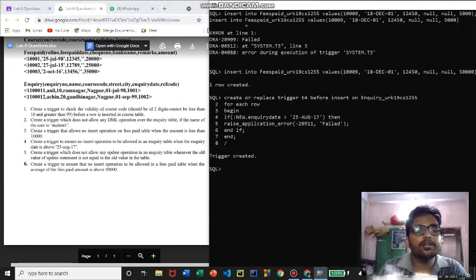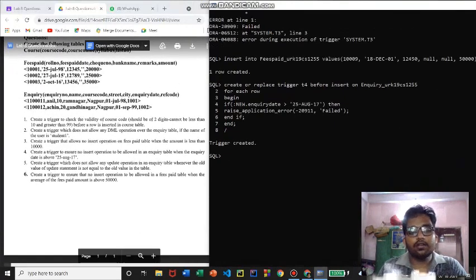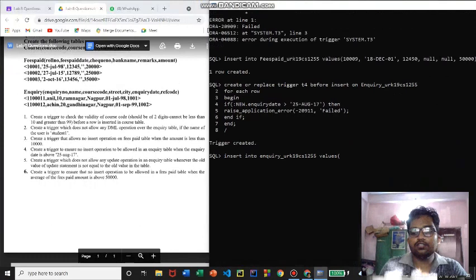Now we'll check the trigger. We'll insert a tuple into this inquiry table with a date greater than 25th. Let's give 26th August and check the trigger. Now insert into the table values. So this is the inquiry table. Insert some values like inquiry number, that is 19, something like this, and the name, let me give XYZ.